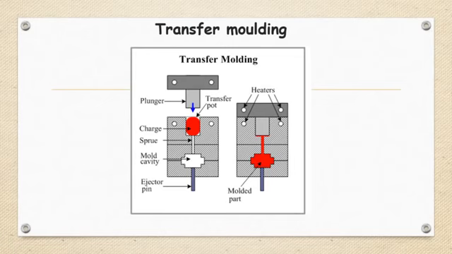For transfer molding, generally a pressure of 3 times the magnitude of that required for compression molding is required, because the material has to be passed through this transfer pot through the sprue into the mold cavity. So in transfer molding, the transfer pot and mold cavity are two different sections, so heating has to be given to the transfer pot and we can cool the mold cavity. That means cycle time is reduced because we are heating one section and cooling one section, isn't it?